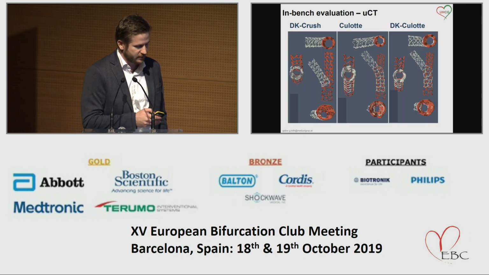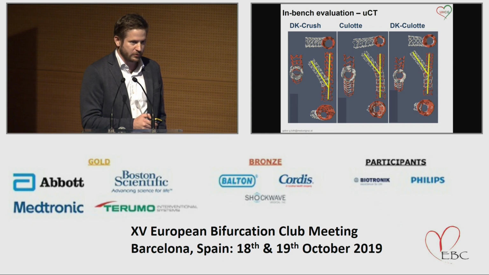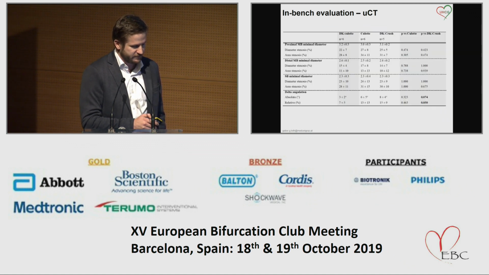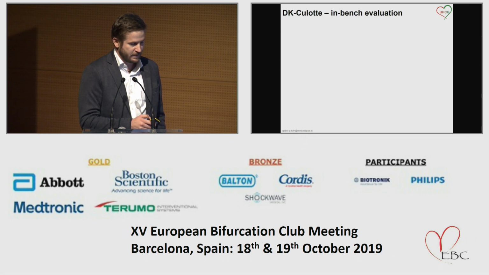Here you can see some examples of the micro-CT. I just want to show we assessed the luminal openings and also the bifurcation angulation, how much it changed as compared to the native angulation. And what we found, there was no difference in the stenosis and luminal opening, but interestingly, DK crush changed the bifurcation angulation the most. Culotte and DK-Culotte changed it much less as compared to the native result,